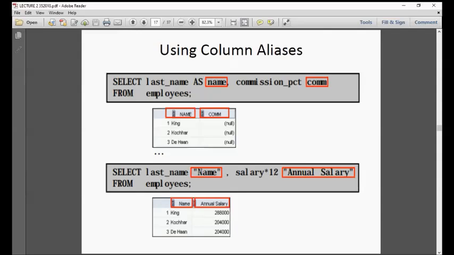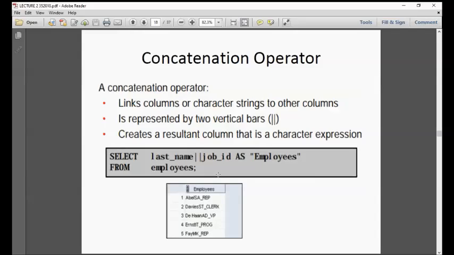Now, if you want a different format, a case sensitive one, this one as is, name. But remember, all the column headings are uppercase. That's why even if you write it in lowercase, it is uppercase. So if you want this format, you have to use double quotation. Okay? Simple as that.